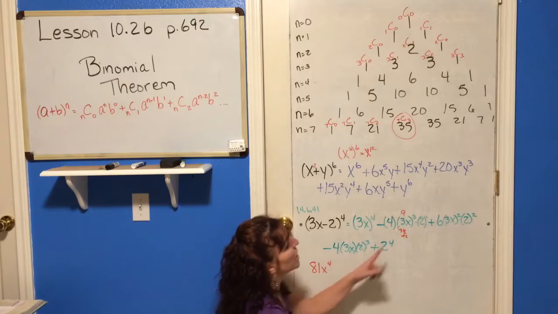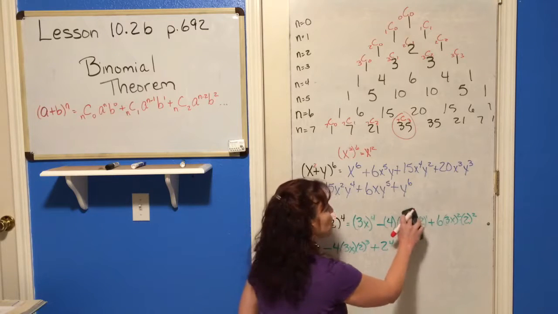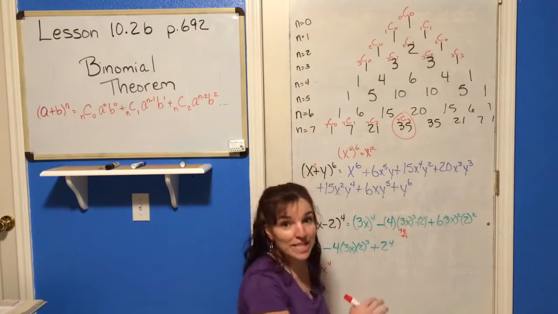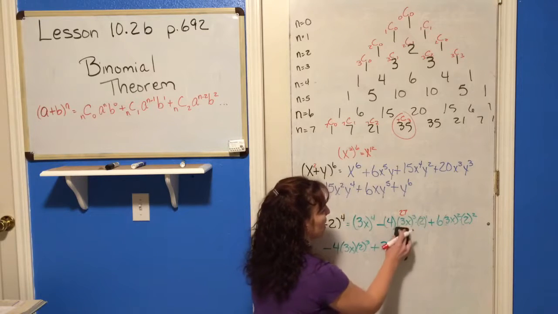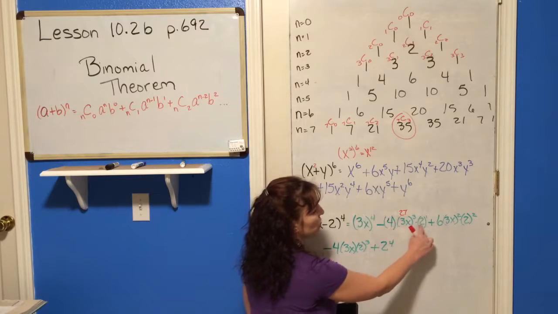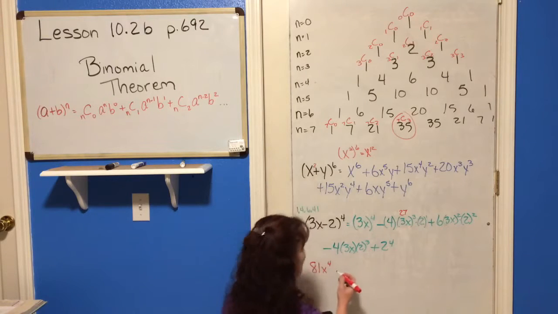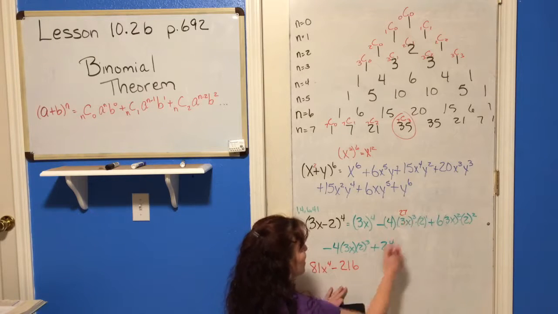Oh, that's what I did, because this is to the third. And you're saying, oh, good job, good catch. 3 to the third is not 3 times 3. It's 3 times 3 times 3, so that's 27. So then I have to follow my notes because I can't do this in my head. So you'll take 27 times 4 times 2, and it should be 216. 216x cubed,